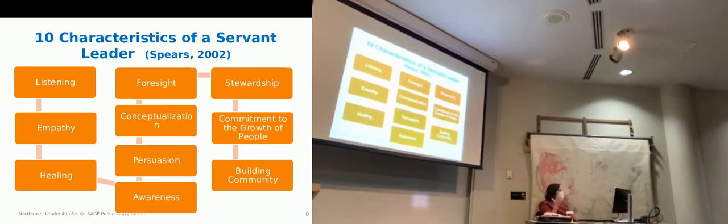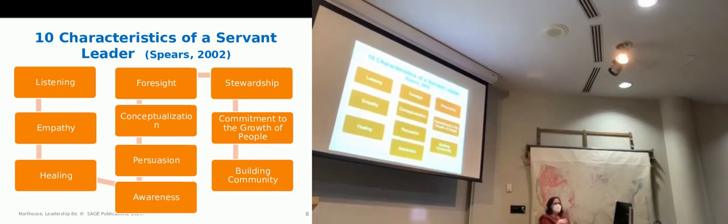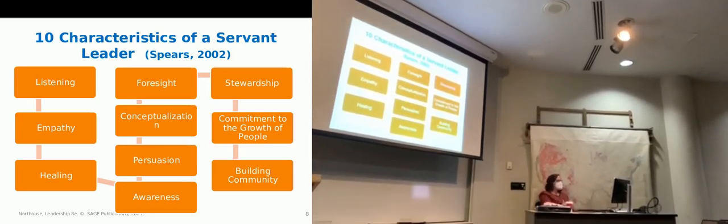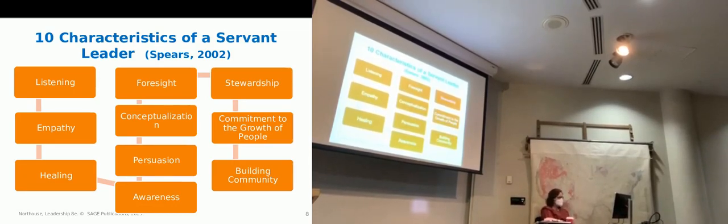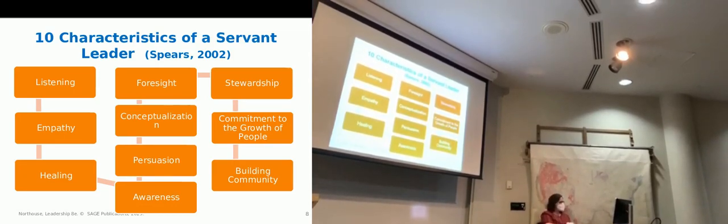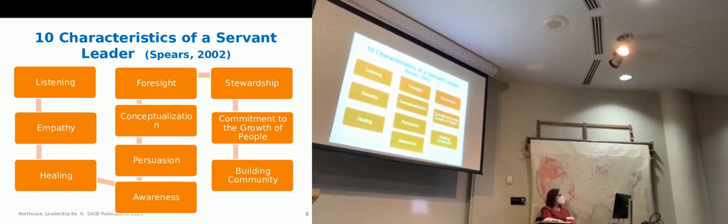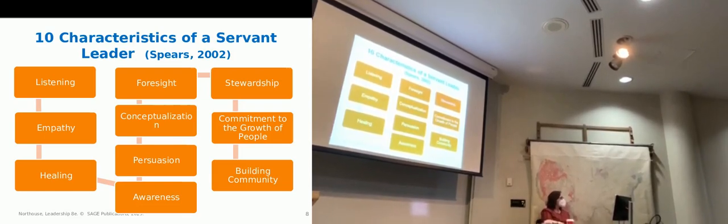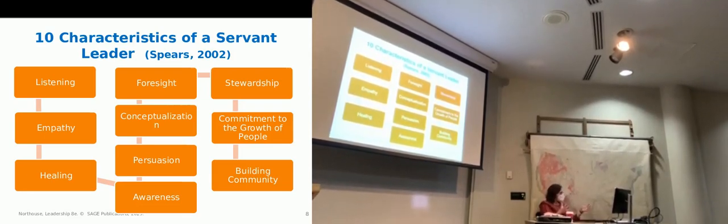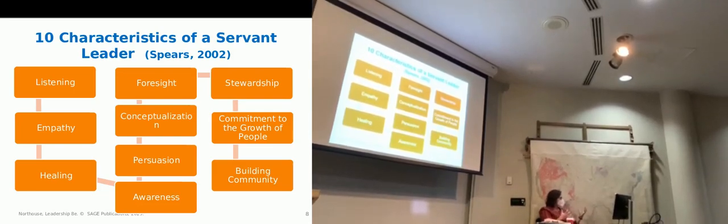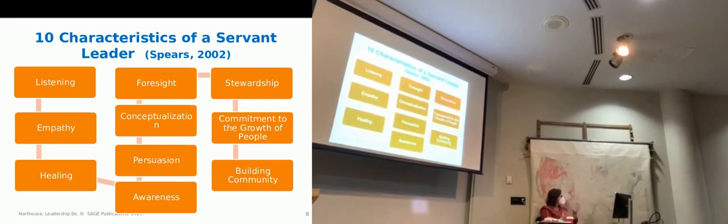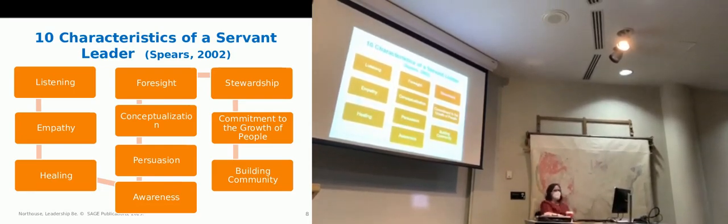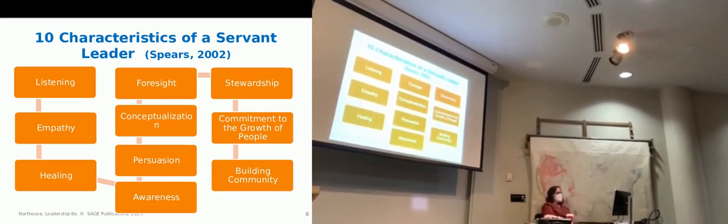Anything about conceptualization or foresight, being able to see the big picture or predict what's going to happen, anything like that in the lyrics? Leave the past right where it's at. We kind of got foresight for that one. You don't dwell on things, just keep going. Like you understand where you're at and why you're there, but you don't sit on it for a long time. So yeah, that's a great additional interpretation to that same lyric. What about persuasion?